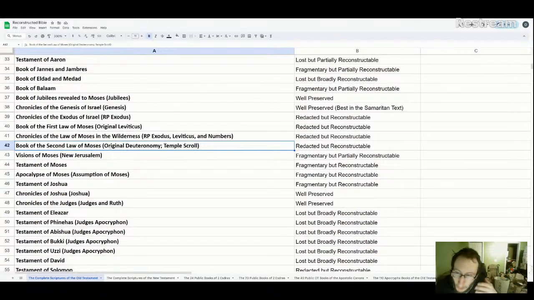And one of the interesting things about, for example, Deuteronomy, is we have things where Moses is talking, but then God's talking out of nowhere, and it's contradictory. It doesn't make sense. And then we have things like Moses talking in second person plural and second person singular, and it's switching randomly in a way that doesn't make sense. So scribes have definitely tampered with the text of Deuteronomy in a way. They've put things in different order and everything. So my version of Deuteronomy will reconstruct it in a better order.